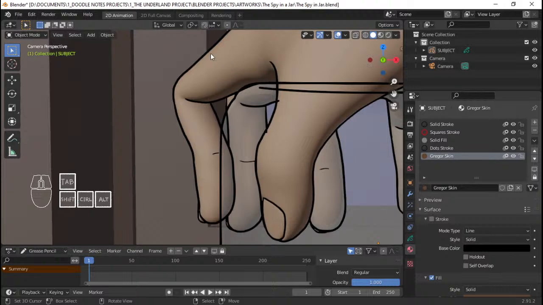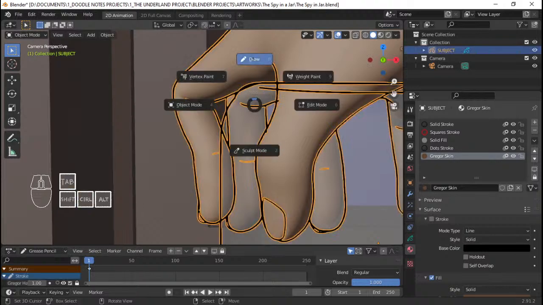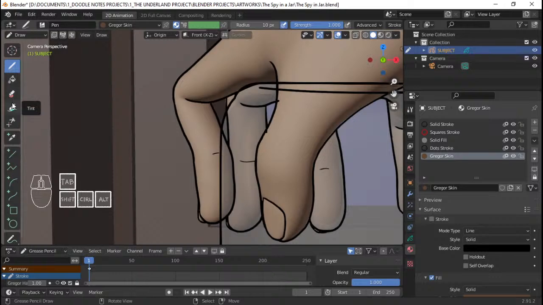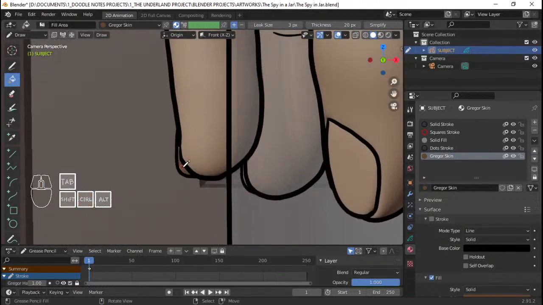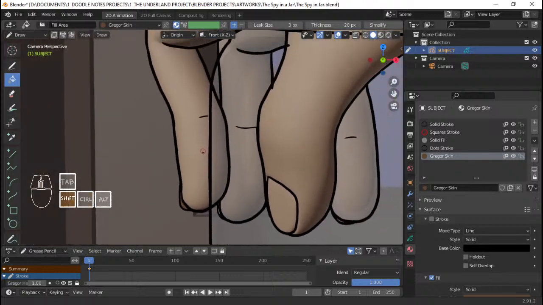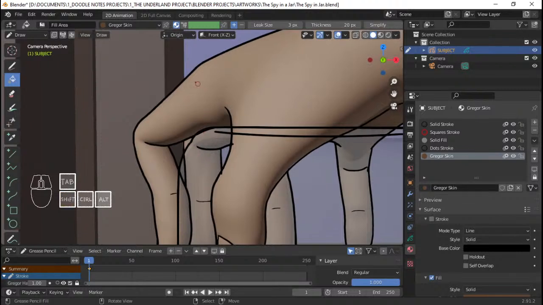So I'm gonna select this subject grease pencil, and I'm gonna set this to draw mode, and I'm gonna go fill. And I'm gonna fill the finger right here, and I'm probably going to close. I'm gonna go something like this right here.